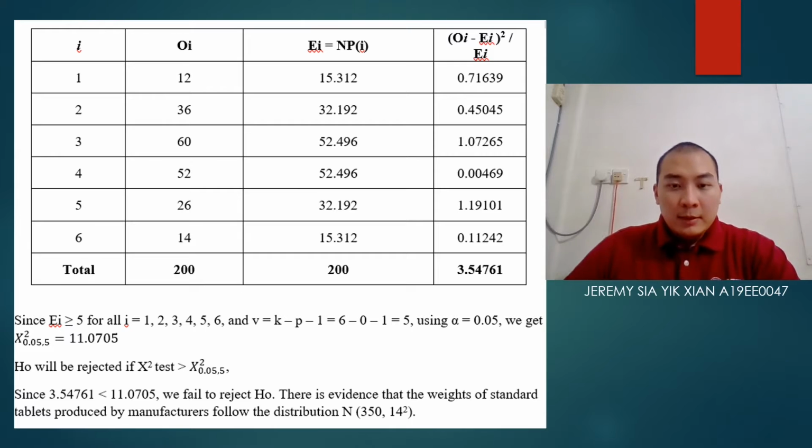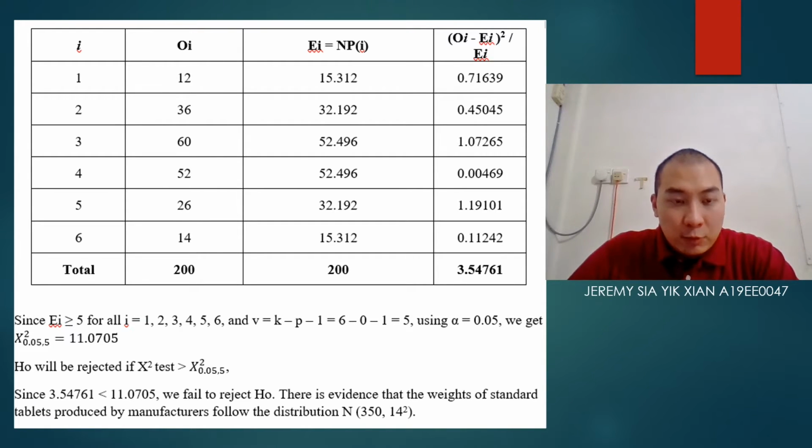In conclusion, since Ei is greater than or equal to 5 for all values of i, 1, 2, 3, 4, 5, and 6, and V equals K minus P minus 1, where K is 6 and P is 0 because there is no unknown parameter, we get V equal to 5. Using alpha equal to 0.05 and the degree of freedom of 5, we get the chi-square value to be